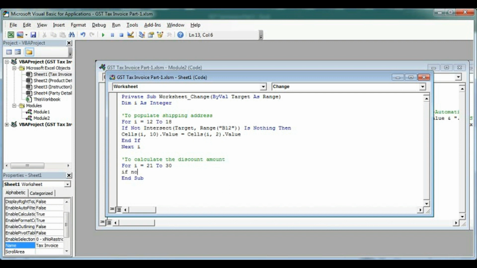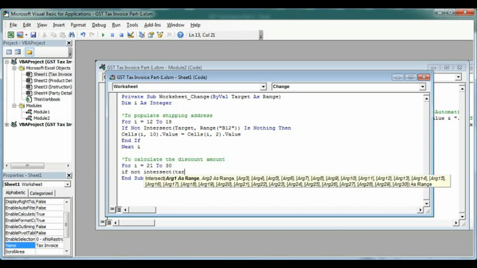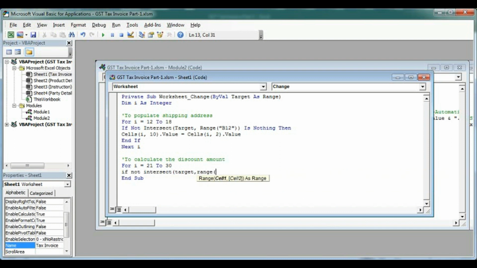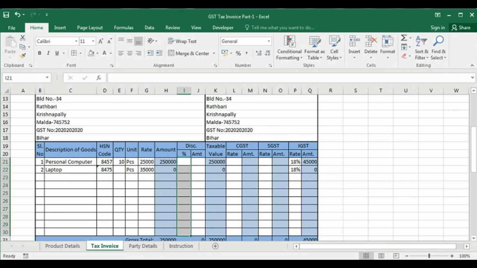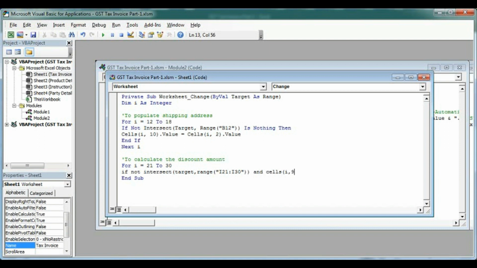If not Intersect(Target, Range("I21:I30")) and Sales I comma 9, so I9 dot Value greater than 0.